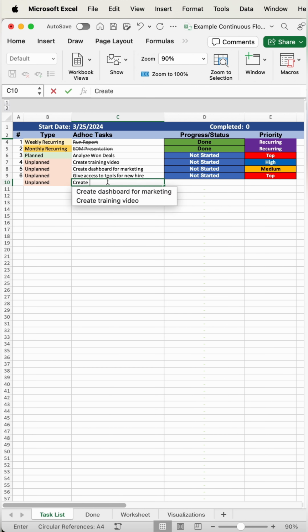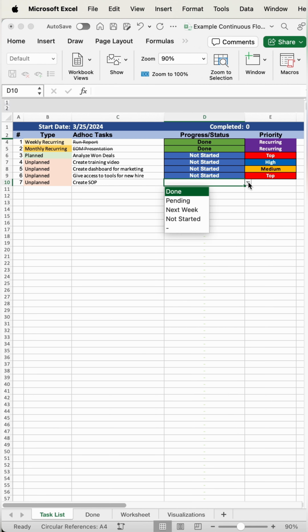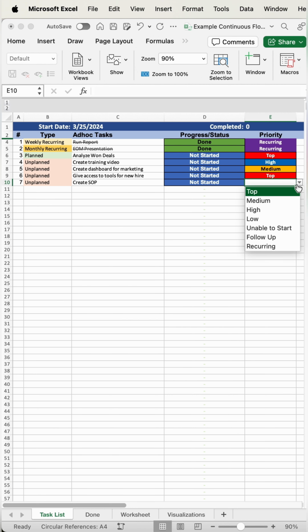Under ad hoc tasks, I provide details around what I need to do for the task to remind myself later on. And then the progress/status always starts with not started. I'll select the priority, so I have top, high, medium, low, unable to start, follow-up, or recurring. And I have the spreadsheet configured where if it's a recurring task, when I mark it as done, it will not be removed from this list. And that's because I want that task to remain for the next week. But if you do want it to be removed, I'll show you how to make that edit in a different